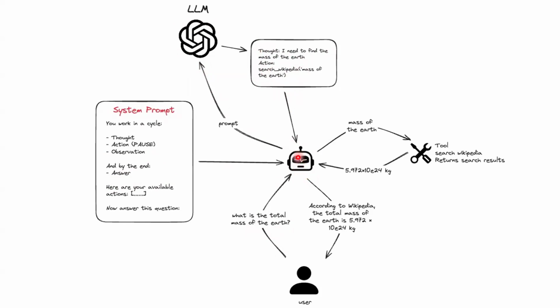Now we have to execute this action. This is a tool, and we will give the parameter as Earth. It will give the mass of the Earth, 5.92 times 10 to the power 24 kg. And then once it is returned, again it will see, okay, is this my final answer? Yes, this is. So it will exit the loop and send the answer back. Had the question been the total sum of all the planets, it would go through the loop a couple of times before reaching the final answer. So this is, basically, the intuition of how an agent works.